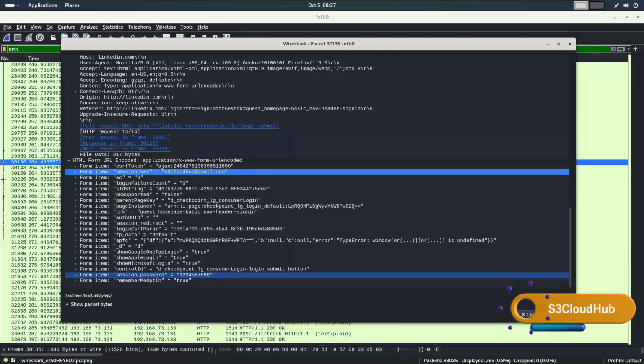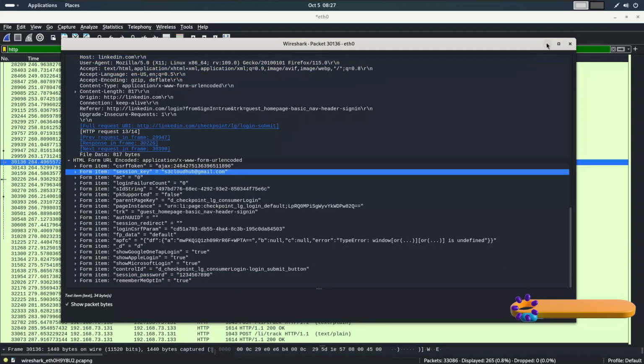This demonstration shows how powerful Wireshark can be when it comes to capturing data flowing through a network. Even though BetterCap is great at sniffing passwords, sometimes it might miss filtering out usernames or other details. But with Wireshark, we capture everything that passes through our network interface. Now I minimize the Wireshark,